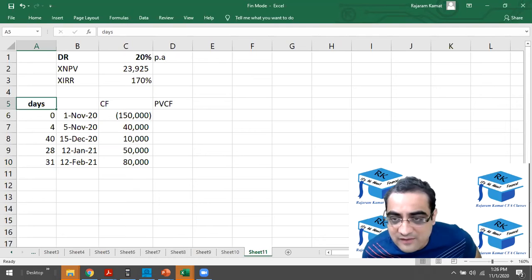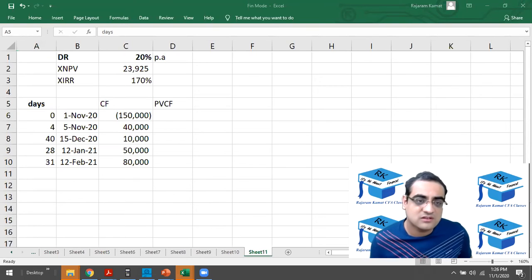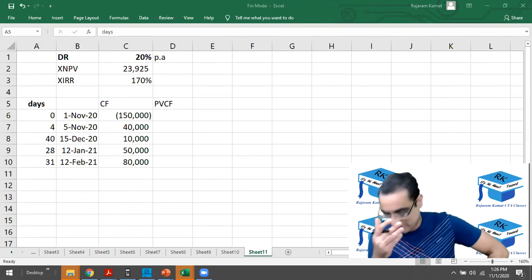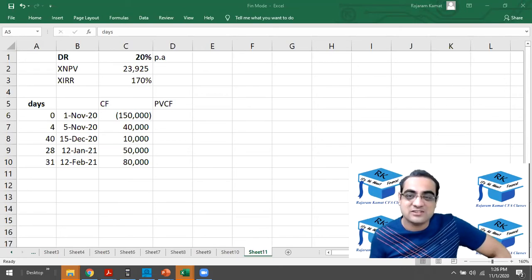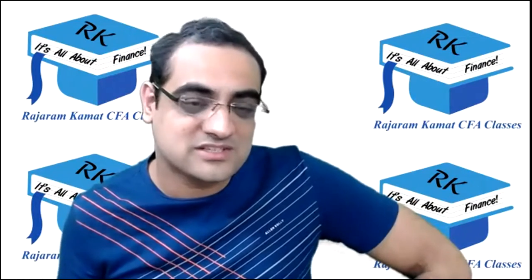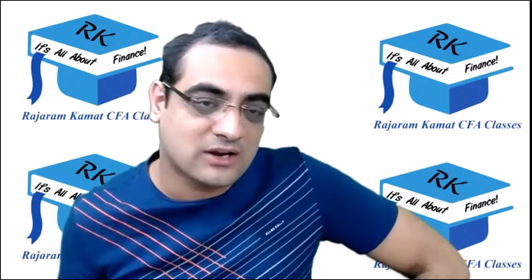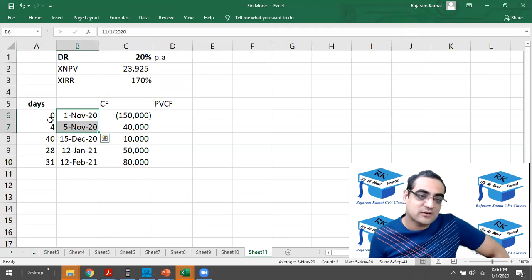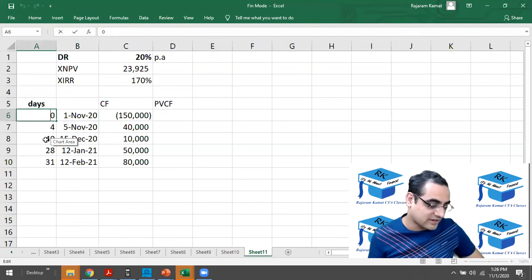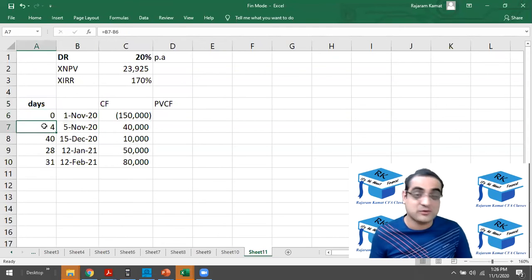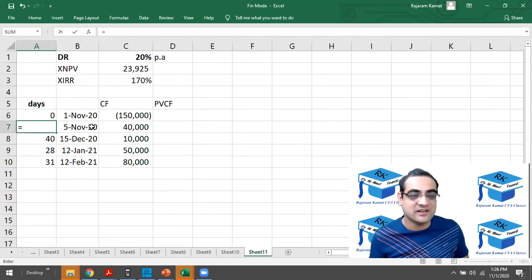Don't you have to take a gap from 0 for all? Yeah, Disha. Thank you so much, Disha. Actually, yeah, Disha, you're right. I just made a mistake. I'm so sorry. I don't need to count the gap between these 2 days. I need to calculate a gap from over here. So what I need to do is, I was just making a mistake. Thank you, Disha, for correcting me.